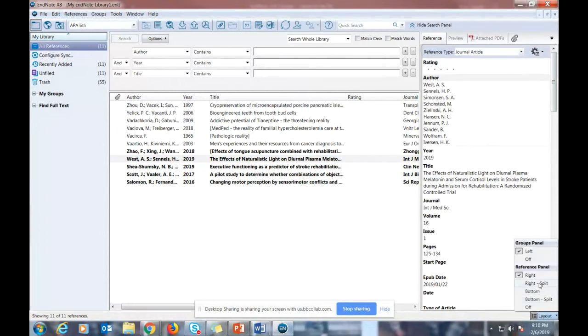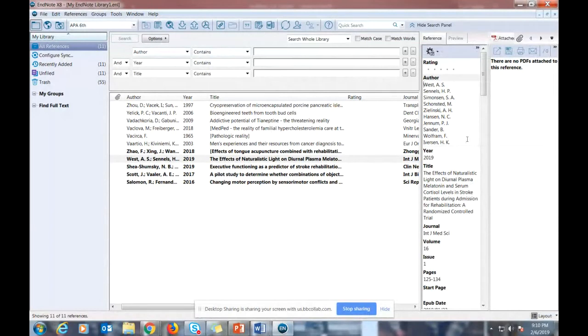And again, you can change it up however you want. This is the reference panel on your right. You can change it to where it goes down the middle. And really, I would say the advantage of this is essentially